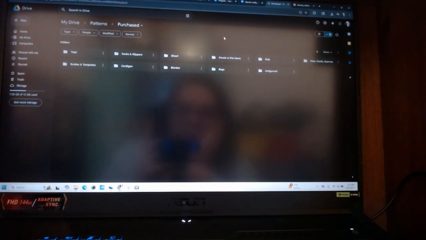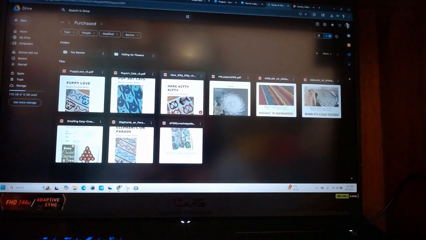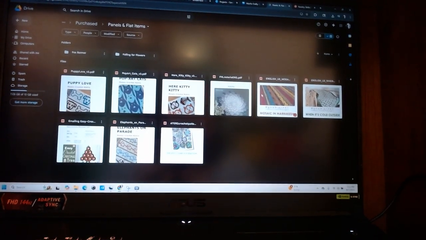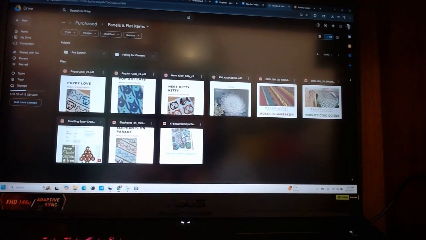And then I have all of the other things that I have purchased. And so there are different folders in here, and I've organized them according to my own system, right? This one, the panels and flat items, I will probably rename, because I do have some mosaics in here now. But I also have flat items like this Christmas tree, and this was by,